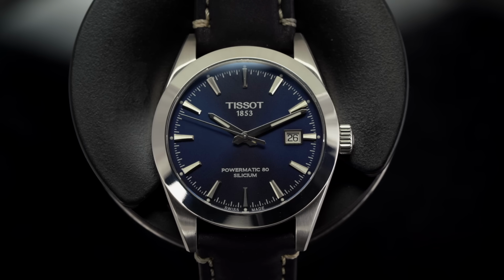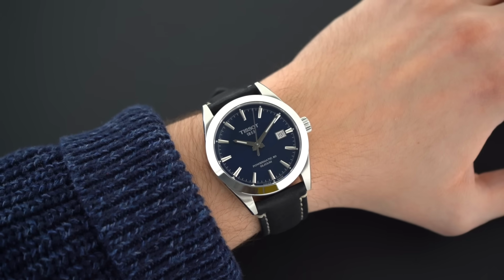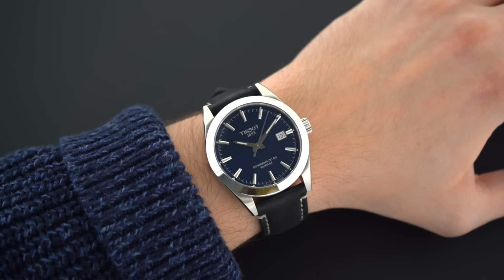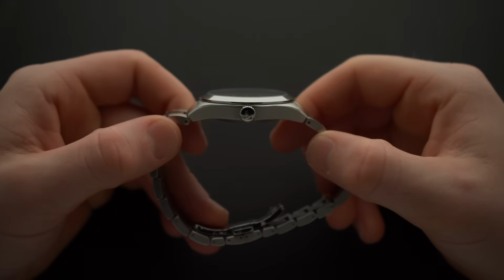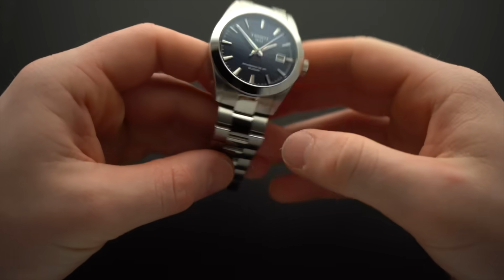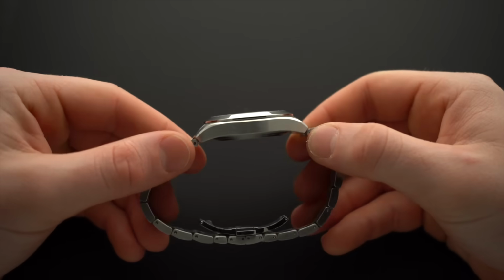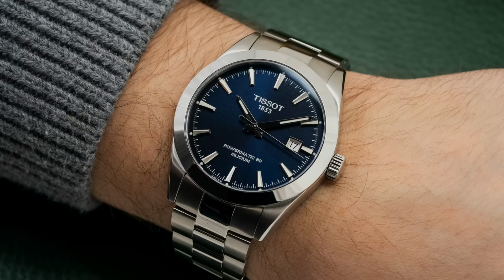Starting with this watch on the wrist, we have a watch with a decent size of 40 millimeters, which I think is a nice middle ground for a piece of this nature, as I do think it leans a bit more sporty, but certainly would be appropriate in both casual and dress scenarios. Feeding into the points of this watch being dress appropriate, the point of thickness is certainly a strong reason to mention here, as it wears on the wrist rather flat, with its very reasonable thickness of 11.5 millimeters, sliding nicely